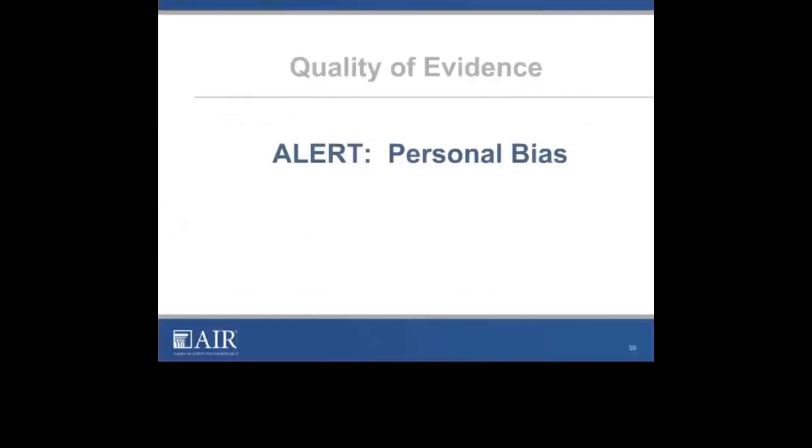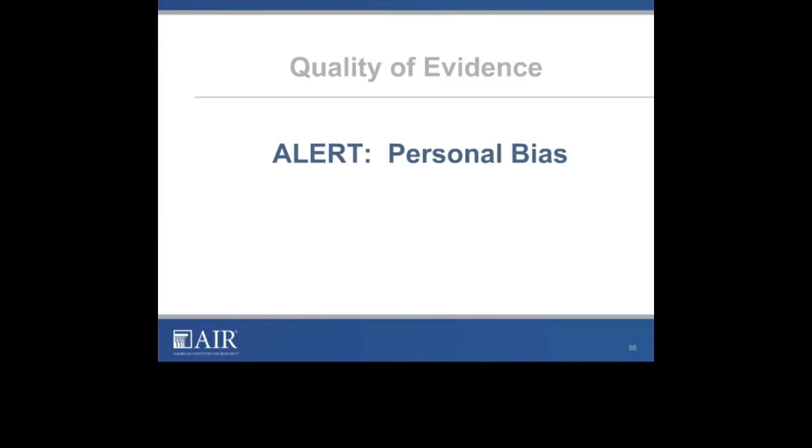So the last topic here before we close up has to do with the quality of evidence. So I want to at least be transparent to the fact of, this is a personal bias. If you agree with me, it's Chad. If you disagree, it's Oliver. Quality of evidence is not a consensus issue within scoping reviews. Some writers say the quality of evidence is not part of a scoping review.